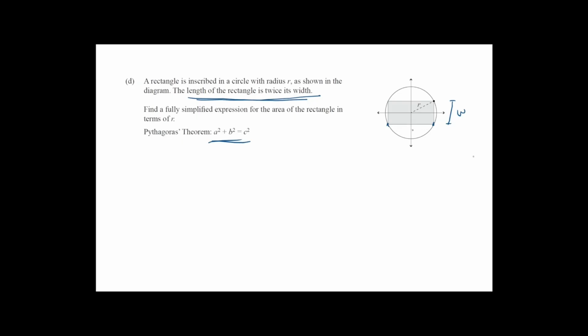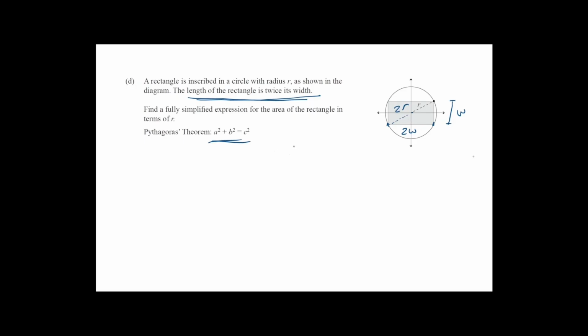That means that the length is twice the width. So this is going to be 2w. Don't call this L, W, and R. If you don't need to use a variable in algebra, get rid of it as quick as you can. The other thing we're going to say is that this from here to here is going to be 2r. All right, so once we've set r and w, everything else follows. They have to be in the exact same ratio. So if we can find one of these in terms of the other, then we can